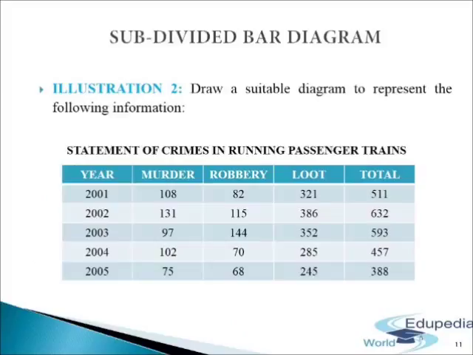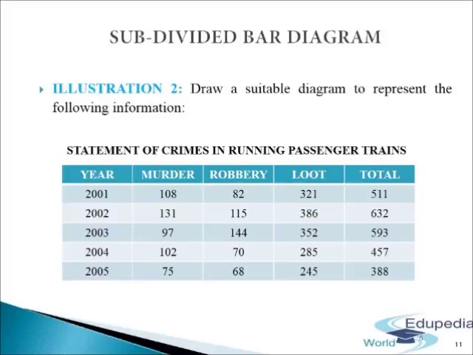In general, subdivided or component bar diagrams are to be used if the total value of the given data is to be divided into various parts or subclasses or components. First of all, a bar representing the total is drawn. Then it is divided into various parts in proportion to the values given in the data. Different colors, shades of colors, crossing, dotting or designs can be used to distinguish subdivisions of a bar. One should always remember that the various components should be kept in the same order in each bar. An index is to be given along with the diagram to explain these differences.